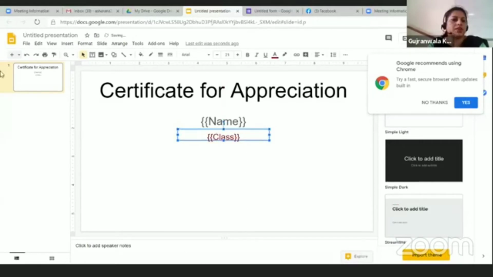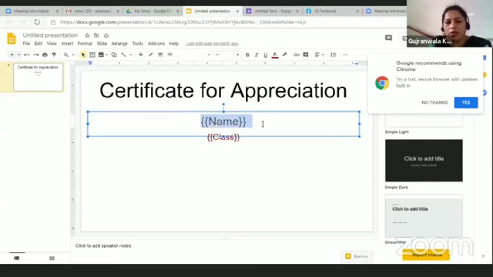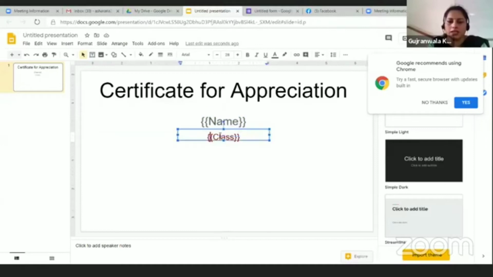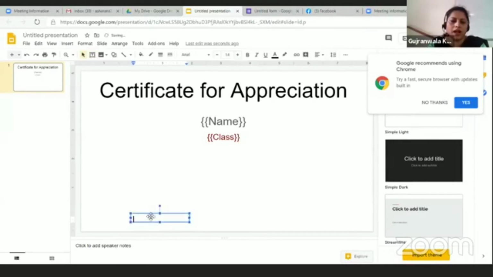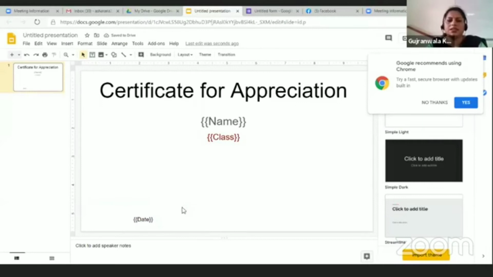In this way you can add a logo, or whatever things you want to add, but the things which are going to change, like every certificate will have a different name and class. If you want certificate ID or date to be printed, you can do it. I want to add date over here like this, and the rest is up to you, the designing which you want to use.